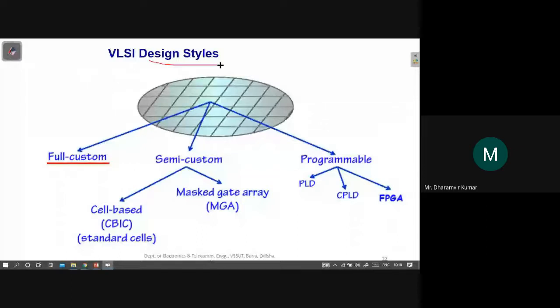So we had seen the simplified VLSI design flow. We had seen these basic principles of design. Now, this is very important, the different VLSI design styles. To design a circuit, to design a chip, to design a specification set, what are the different types of approaches that are available in the VLSI field?